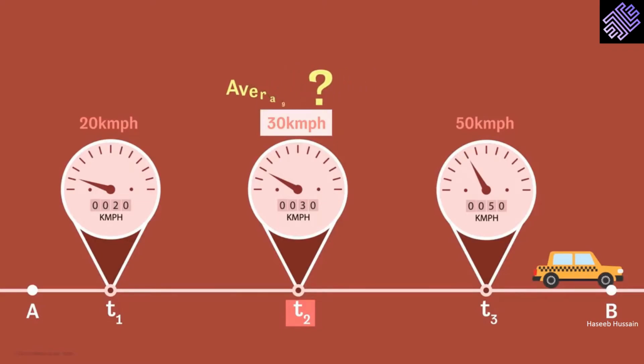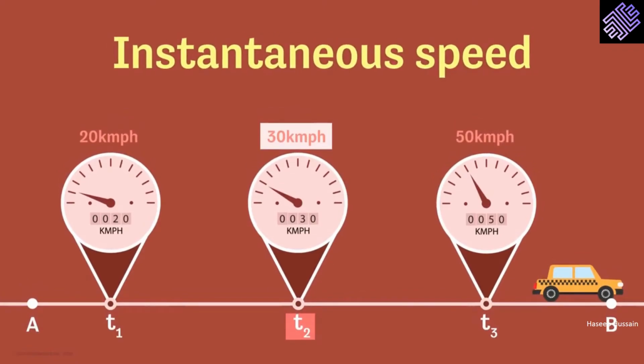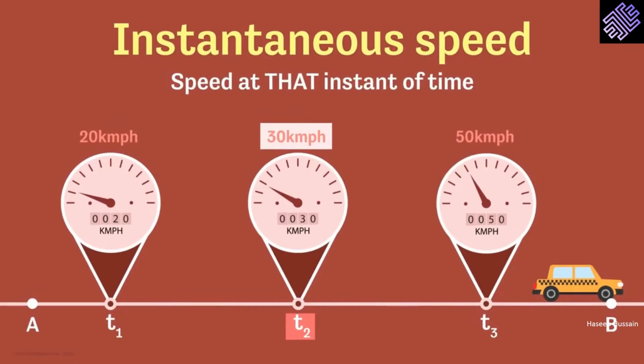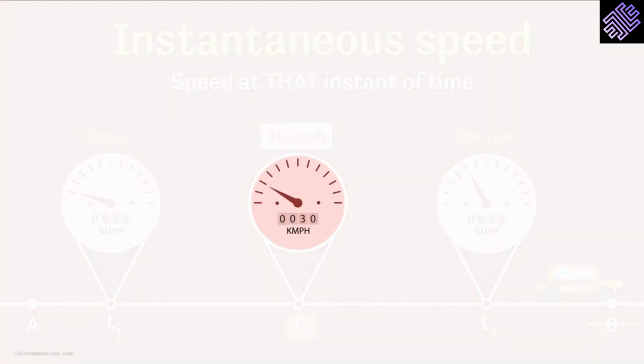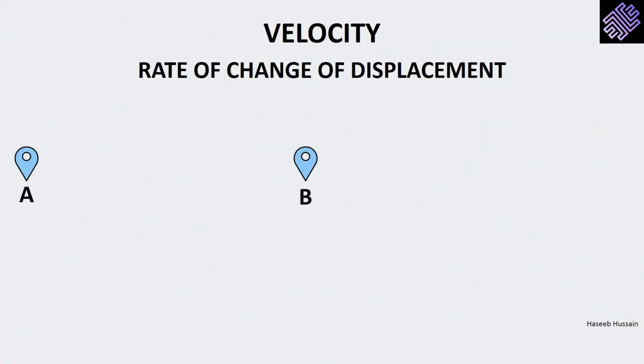No, the speedometer shows us the instantaneous speed, which is the speed at that instant of time. Here, the speedometer reached 30 kilometers per hour. It means at that moment of time, the car is traveling at that speed. It does not say the car has been traveling at this speed or will travel at that speed. The value is only at that instant. That is why we see the pointer on the speedometer is never really constant. It keeps fluctuating.